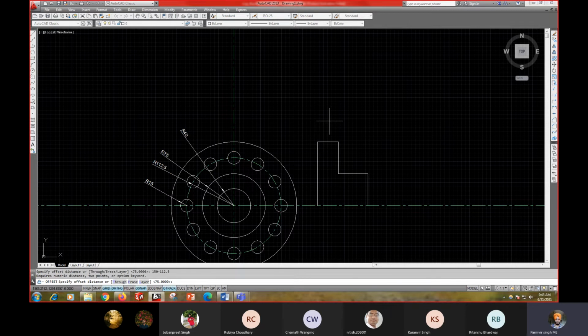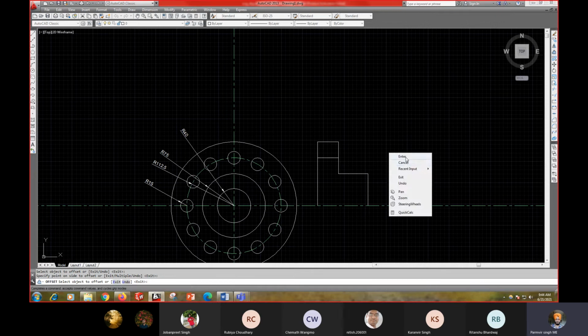So here, there is a problem in this AutoCAD. Here it will not accept the value. So you can calculate it manually in another software. It can calculate, so I have to calculate it manually. So the value is 37.5. Okay, then enter. Then you have to select this line, then give the center line. Okay, then you can find this center line.